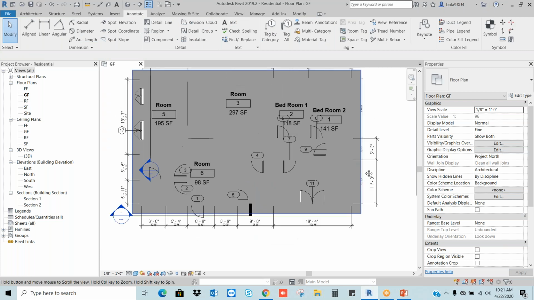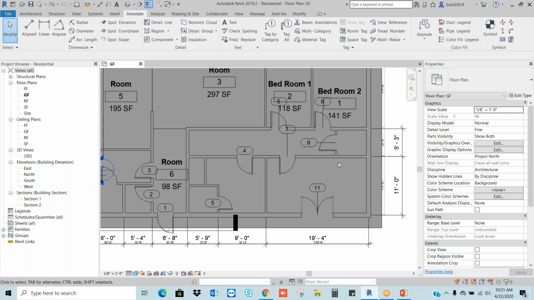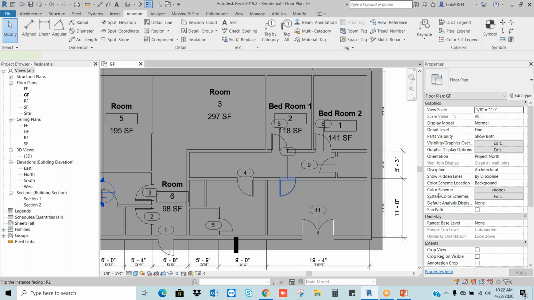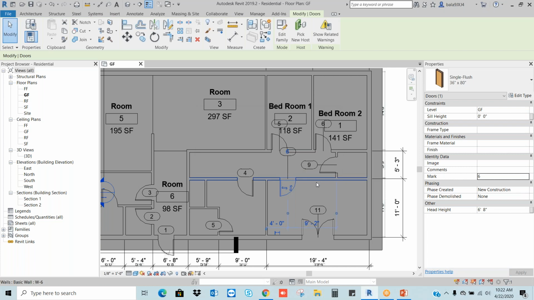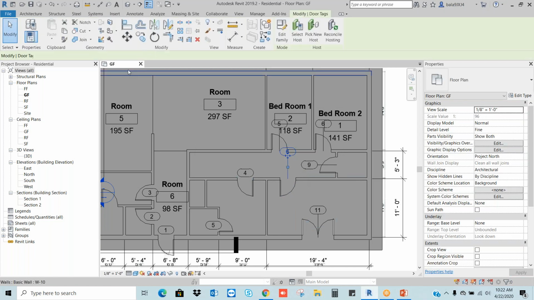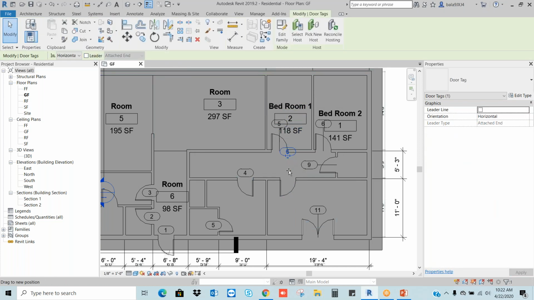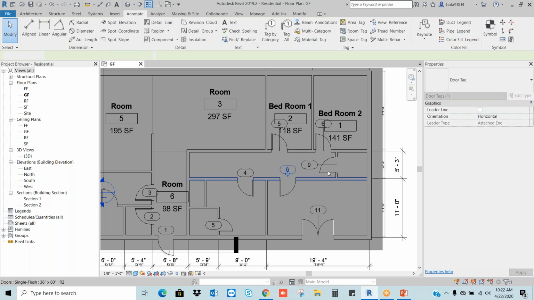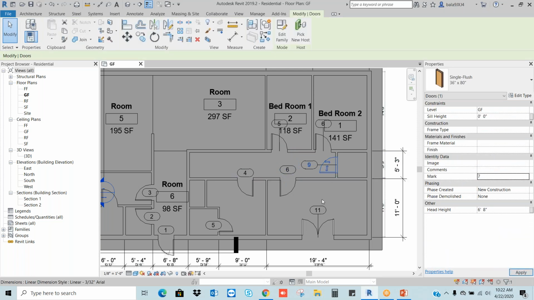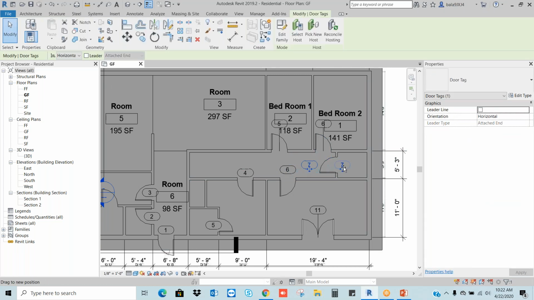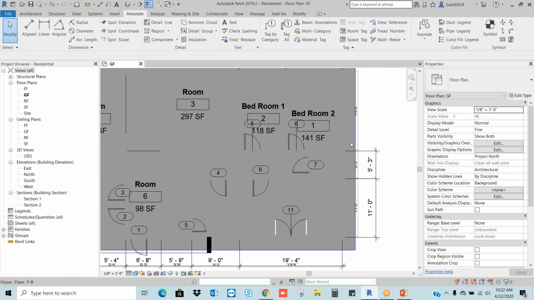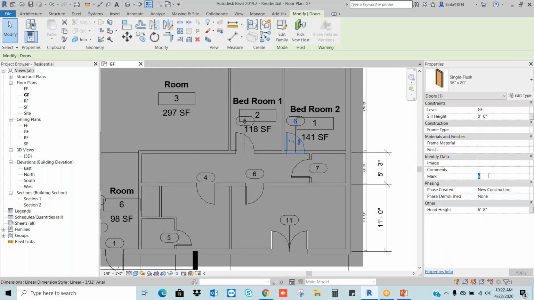Okay, let's say 4, 5. Let's say door number 6. Door number 7. Let's say door number 8. Door number 9.